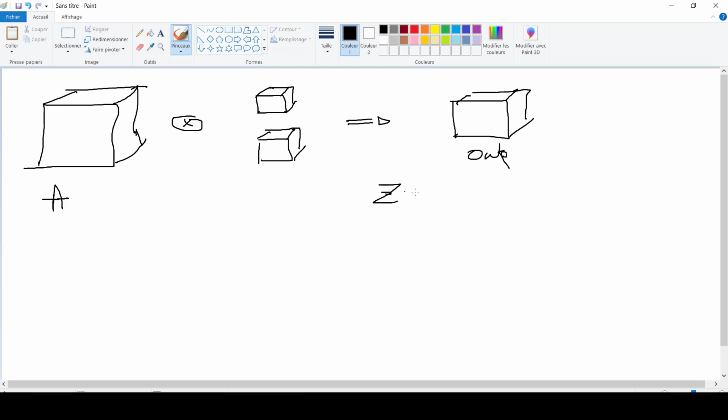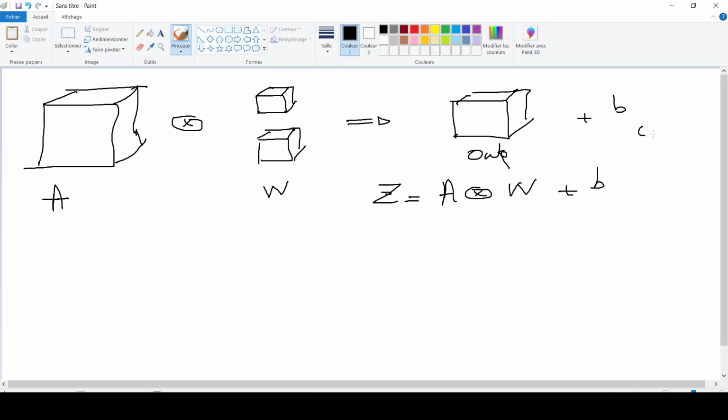And Z is the convolution of A with W, noted here as convolve, plus B. Here I'm going to add a bias, so the bias is going to be added to each element in this output.